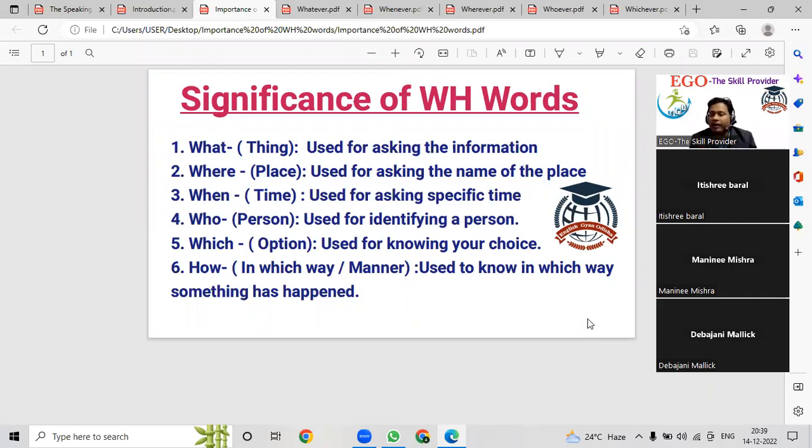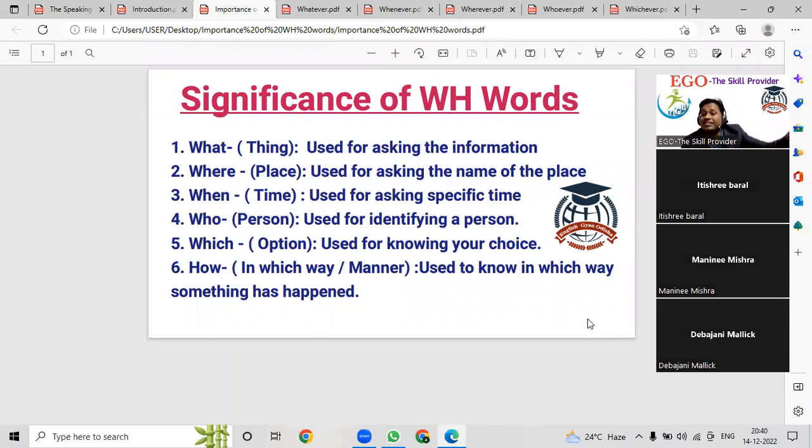Okay. Where is used for place. Whenever you want to ask the name of a place, you can use where. Suppose you are asking, hey, where did you go yesterday? Suppose you are absent. I can say, ma'am, what happened, you did not attend the class. Why did you go? Going means I want to know the name of that